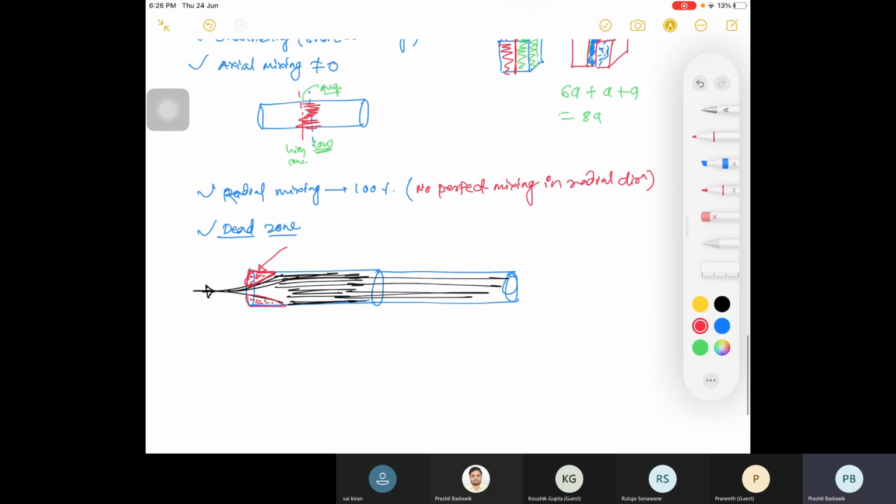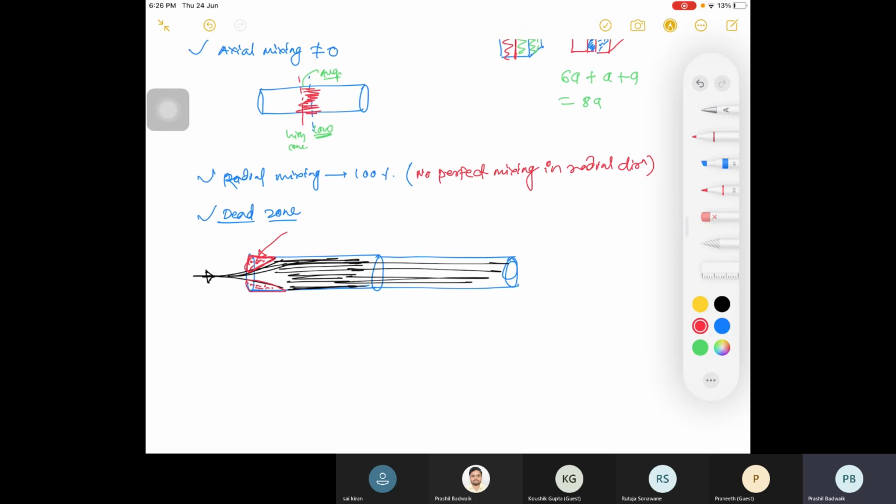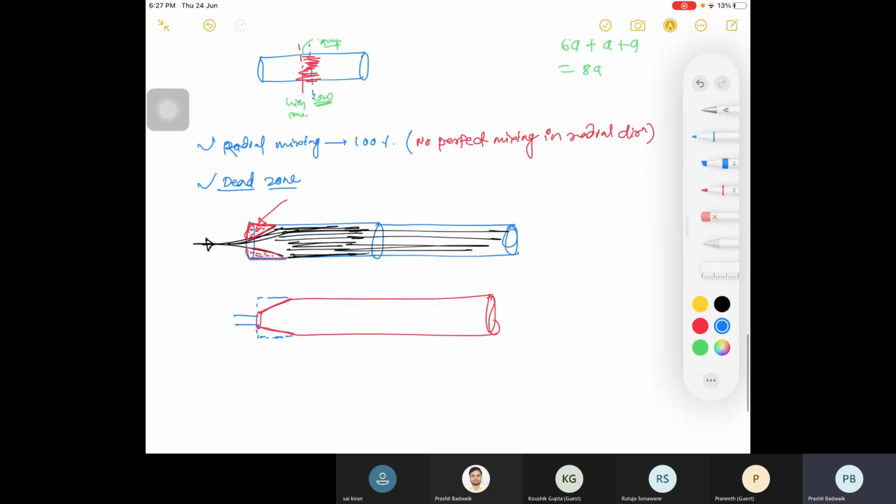You can design your reactor or your PFR in such a way that this will be your PFR, right? And this is infinite, you can say, but this is your design. I will not consider this space. I will just design like this. So क्या हो जाए? I have eliminated this portion, right? Now I don't have dead space here. Are you clear with this? I'll design it accordingly. Are you clear? Raise your hand. Okay. So design you can do so that you can avoid your non-ideality.